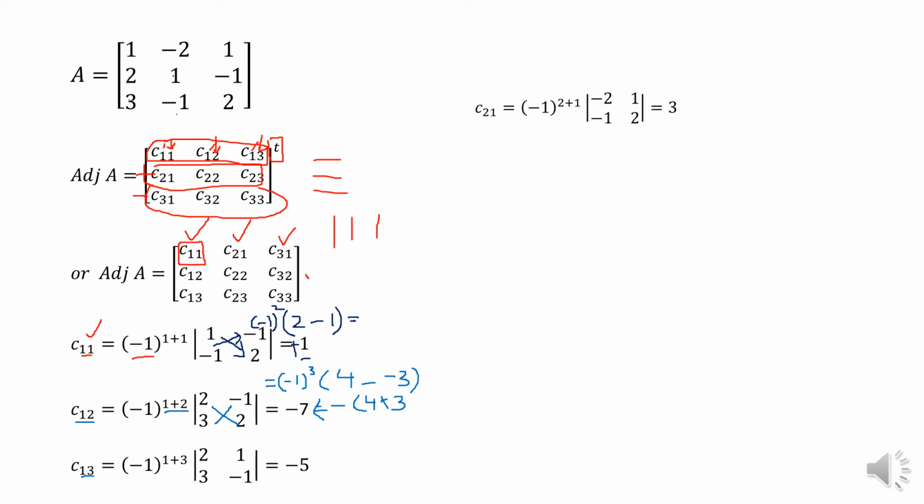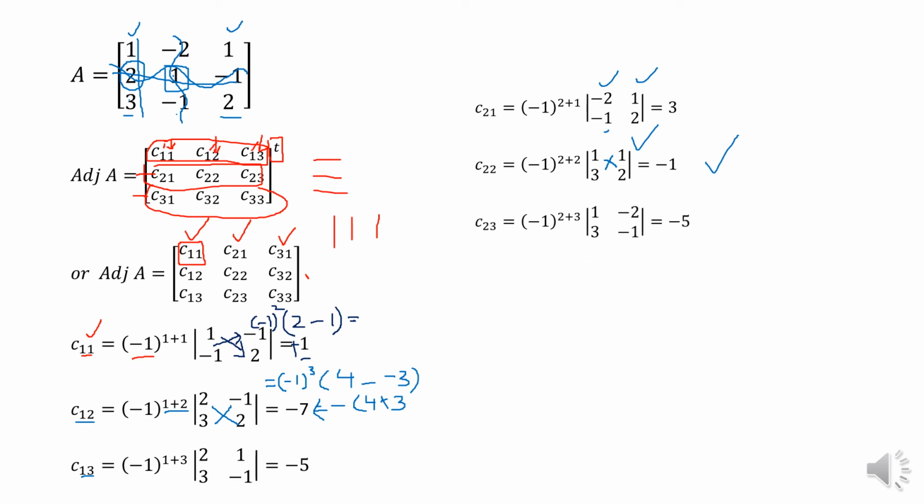Okay, now for 2 1. So 2 1 is this element, we delete this row and this column, so see, minus 2 1 minus 1, and after calculation it comes 3. 2 2 is this one, so we delete this row and this column, we will be left with 1 1 3 and 2, which is this one, and then multiply this way, there will be minus between them, and after calculation